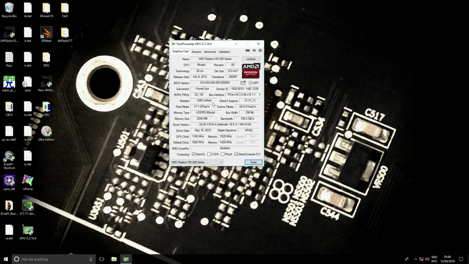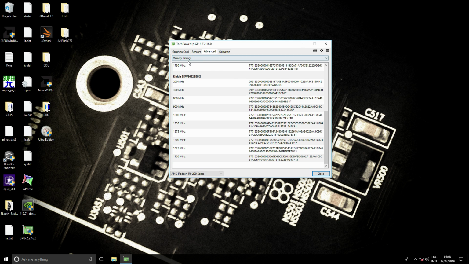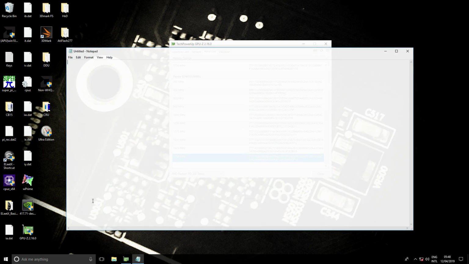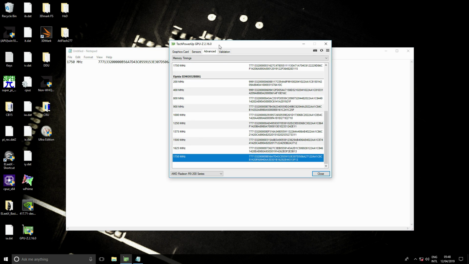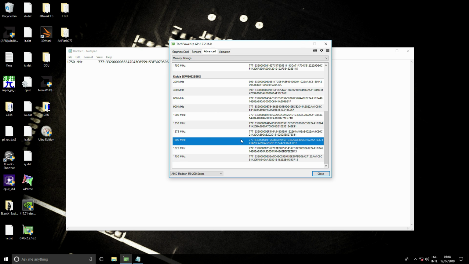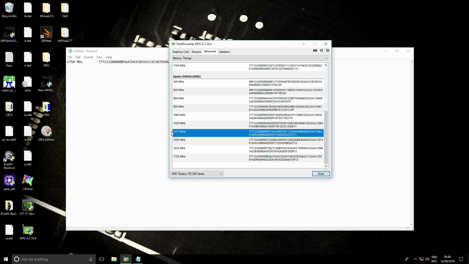LPDA was later on bought by Micron, so these days you won't see LPDA anymore because they're Micron. Here we can see our memory timing straps. So that's what we have here. We're just going to copy that, and I'm going to bring up Notepad. That's 1750 megahertz. Basically what we're going to want to do is take our 1375 timings